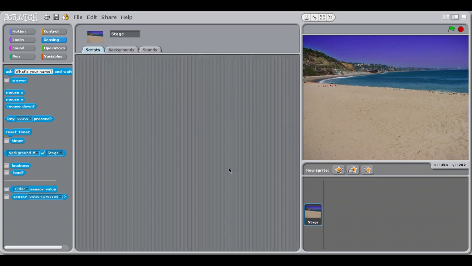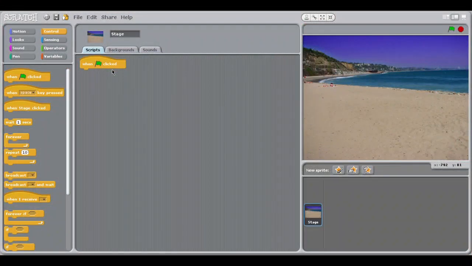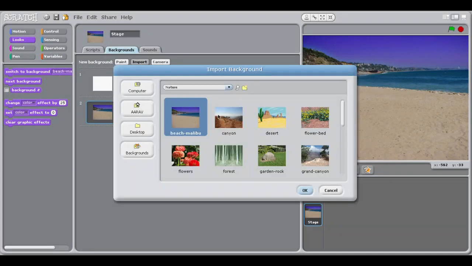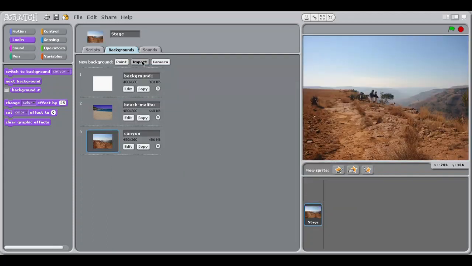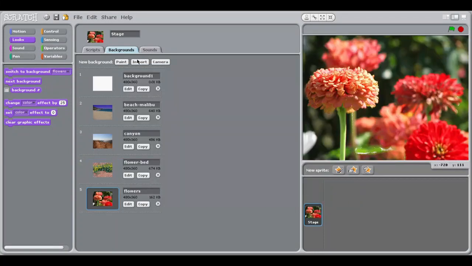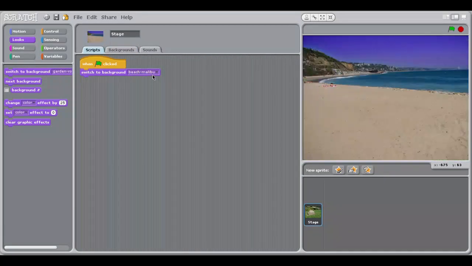Now we will do this stage coding first. So it's control, when flag clicked, then we will go to switch background. So it's in groups. First we will take a number of backgrounds, whichever you want. Canyon. Now we will take flower bed also, okay. Then we will take flowers, okay. We will make a number of backgrounds like this. So now we will take the next, which is beach Malibu, which is already there. Now we will take canyon. Now we will move next to